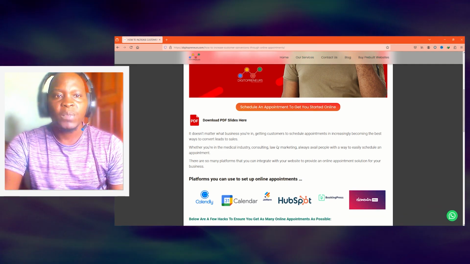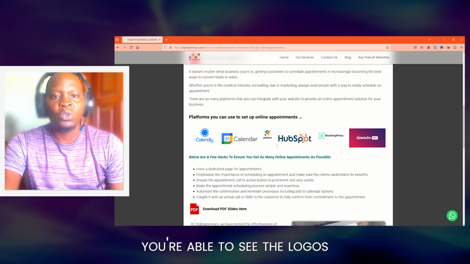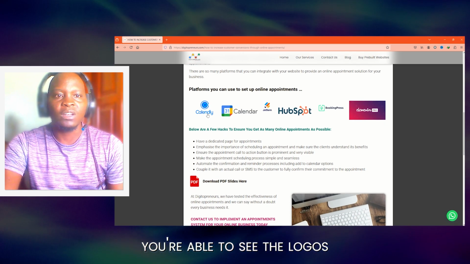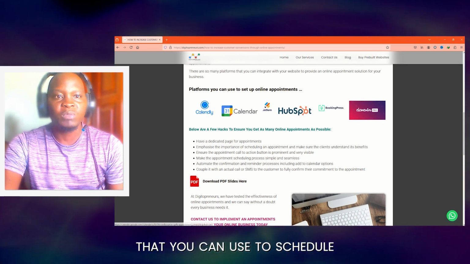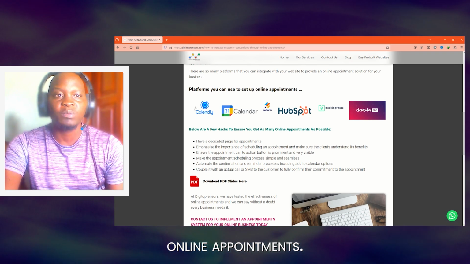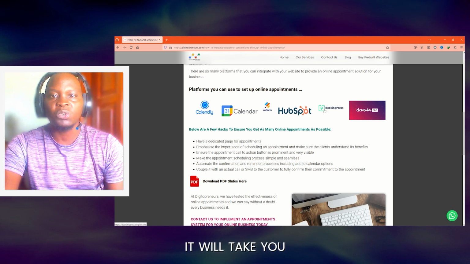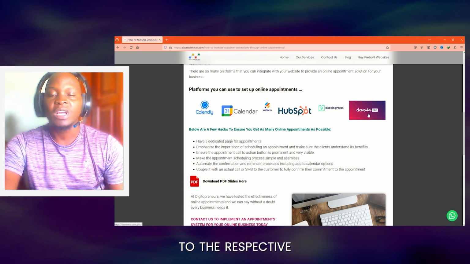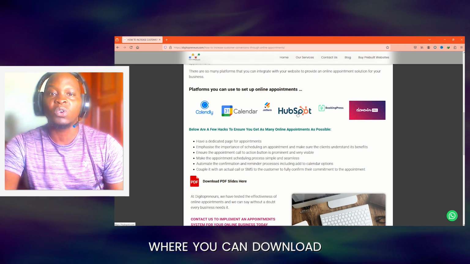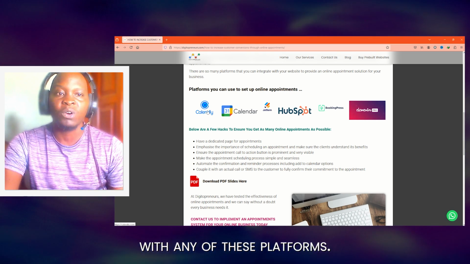You're also able to see the logos of the different platforms that you can use to schedule online appointments. Once you click on any of these logos, it will take you to the respective website where you can download or sign up with any of these platforms.